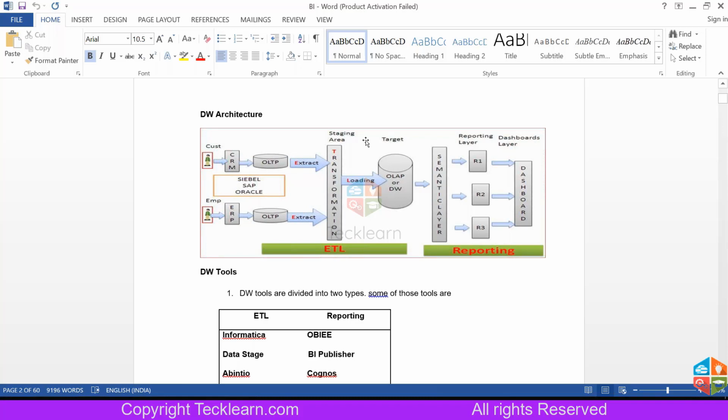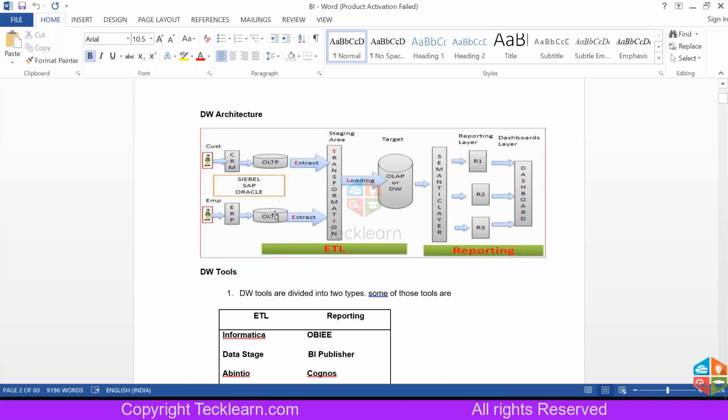This is the ETL part, which I have given on a higher level, where they will be extracting, transforming and loading. So on a higher level, we need all this data, right? If we have 5 to 6 source systems, in order to check the business, we need all the source systems' data to be captured together and stored in a single place, so we can query the database or use it to create the reports. ETL does that.